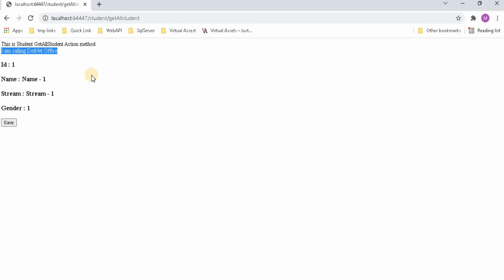Now instead of this model we have to use the data. Now let's run this application. So what we have done here is we are not passing the model, we simply take the model data using the ViewData, do the typecasting, and get all this. Here you can see we are still getting the same data.